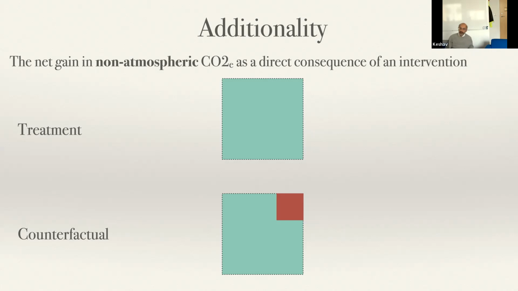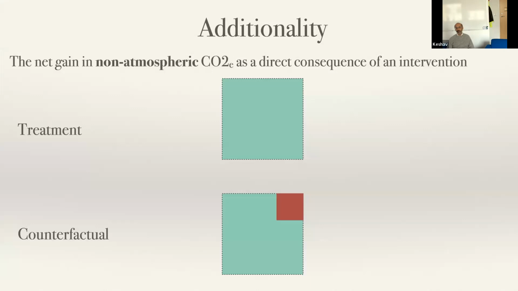Let me move on to a little bit more of the science of this, and I want to talk a little bit about additionality, which is how do you show that what you're doing is additional to what actually happens. So the way we do it is through counterfactual analysis. This is the work that comes from our colleagues in the environmental sciences and zoology and plant science. So what I'm showing over here is one area of the project, we call it the treatment. That's the one that you're protecting.